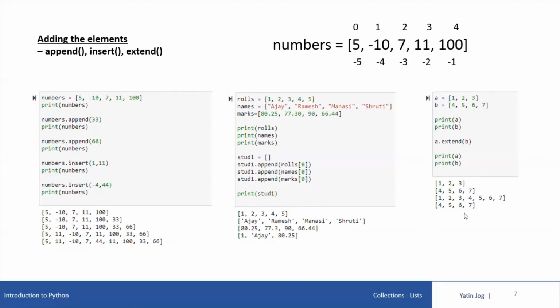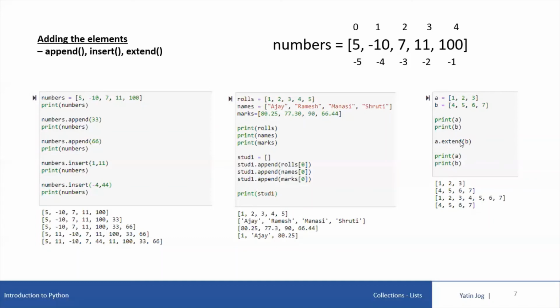Now look at this third code. We are using extend. Now what is the meaning of extend? If you have 2 list variables, A with 3 values 1, 2, 3, and B is a list variable with values 4, 5, 6, 7. If I say print A and print B, it will print 1, 2, 3, and 4, 5, 6, 7. What if I have to add a complete list? If I want to append a complete list B at the end of A, for that we use the extend function.